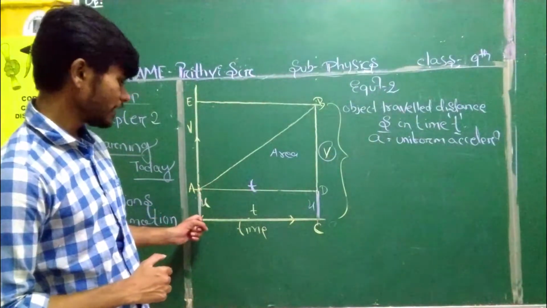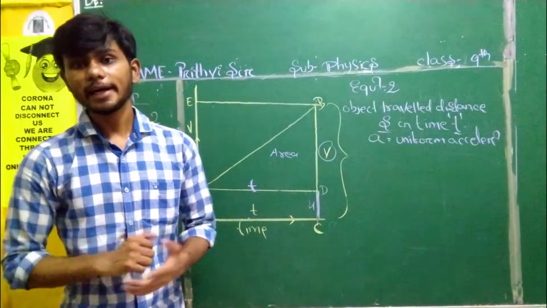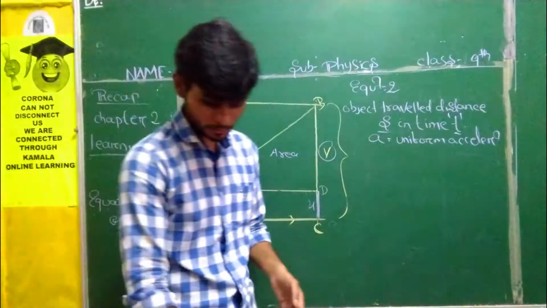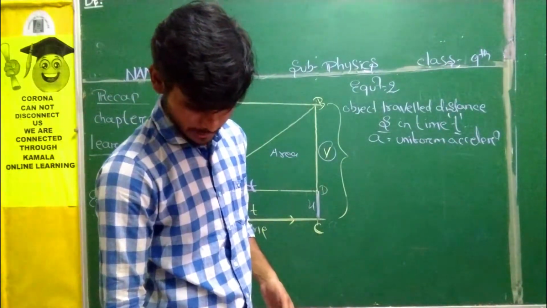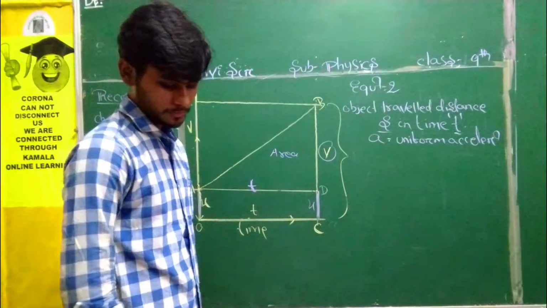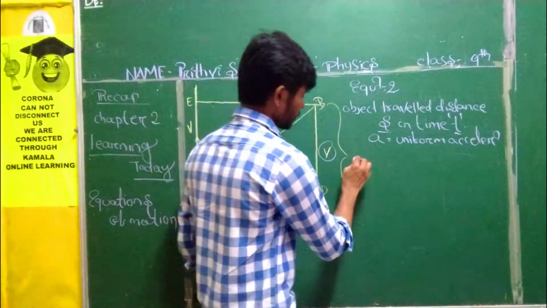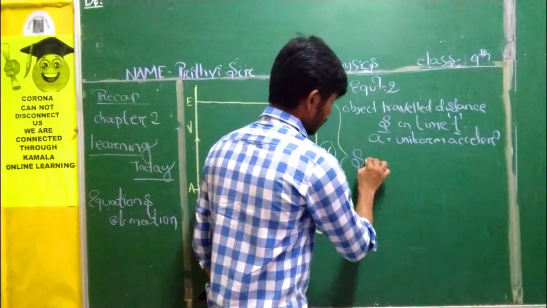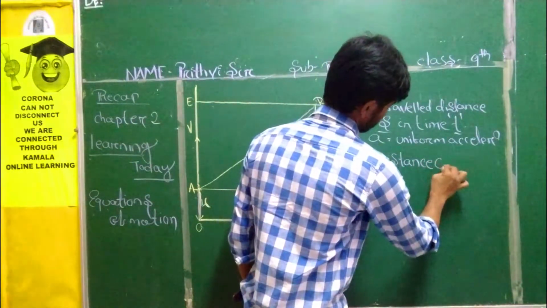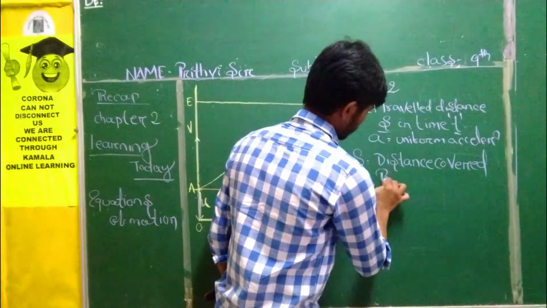Here, you need to remember to find out the area. Why are we finding out the area? To predict how much distance the guy has covered. That's what we need to find out, and we can easily find it here. So let's see how we will find out. So here S is equal to area of OABC, that is area of triangle plus area of the rectangle. S means what? Distance. S is equal to distance covered by object.